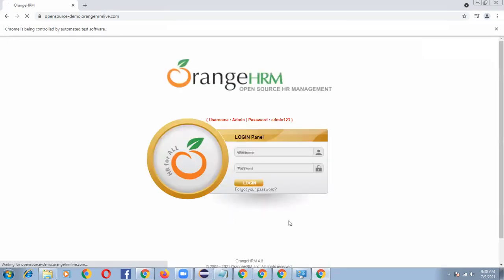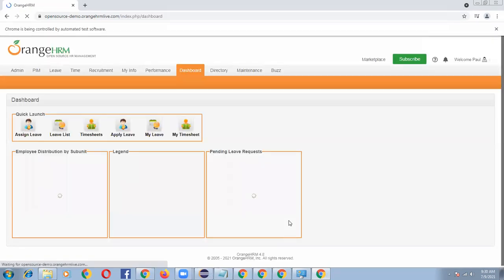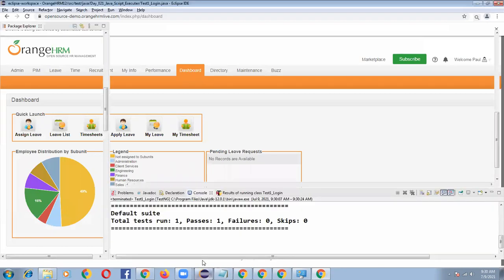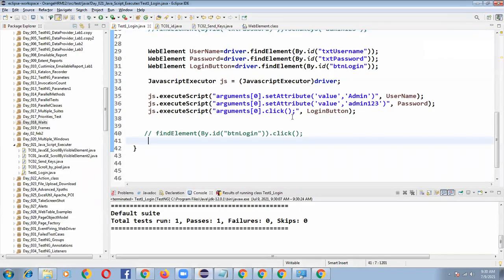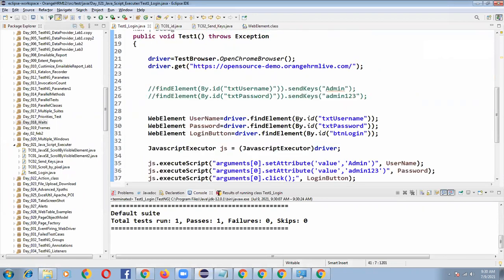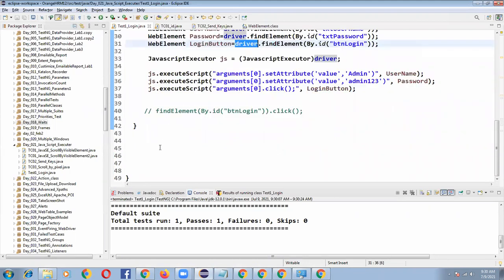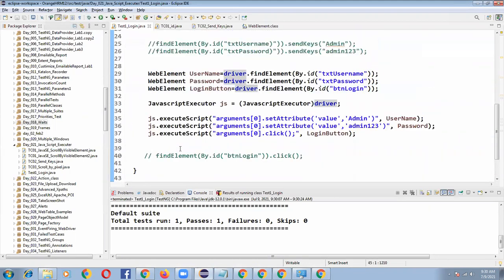Okay, so this time your web element border was not highlighted because we have written driver dot find element, and I have removed the highlighting of the web element border also. But now I want to highlight which web element is executing.